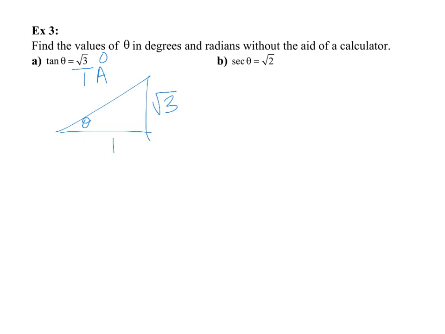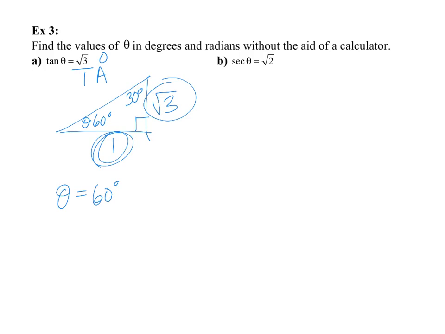Now looking at these side lengths, you should realize that there's a relationship here. If I multiply this leg by square root of 3, I end up with the other leg. That's the property of a 30, 60, 90 triangle. So this is my short leg, so across from it should be the 30-degree angle, and that means the other one is 60 degrees. So my theta then is 60 degrees,